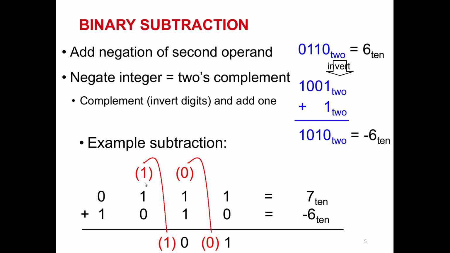And so this 1 plus this 1, plus 0, you have 0 and you remember 1. This 1 will be taken here and plus 0 and 1 here, you will have a value of 0 here, and you have a carry out, or overflow, of 1 here, as you use only 4 bits for storing your result. The result will be 0 0 0 1, and this bit of 1 will be dropped, and so 0 0 0 1 will be 1 in decimal, and it is the result of 7 minus 6.